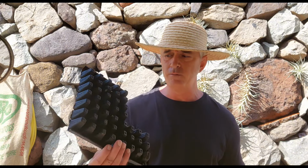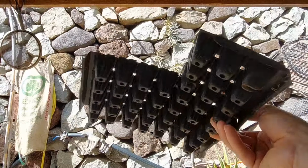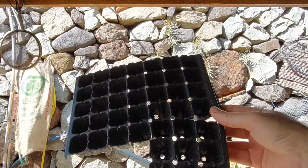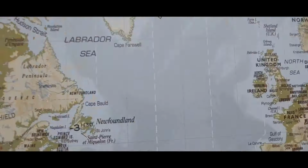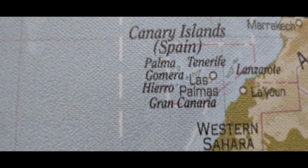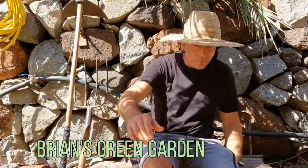How should you start your tomato seedlings? There are various different ways. Last year I tried in a tray like this, and in this video, this year, I'm going to try something a little bit different. Not only am I going to show you how I started my seeds, I'm going to take you from seed